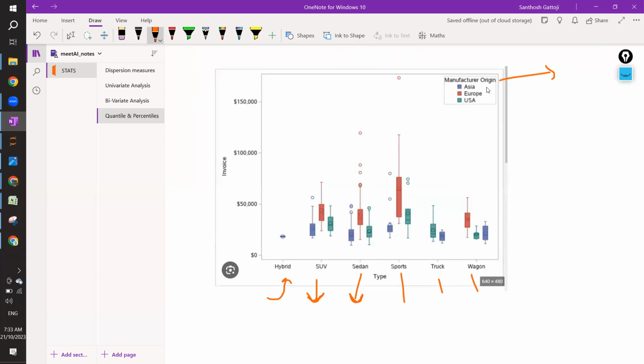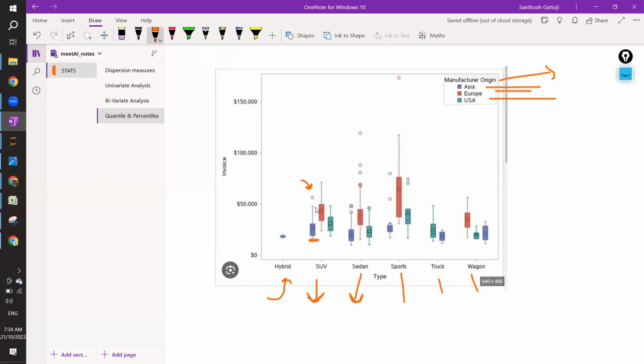And three countries are originating, like Asia, Europe, USA. And the type and the invoice, that means the price of the cars. So by just looking at this, you can make different observations. For hybrid, there is not much data available. For SUV, if you see this graph, what is this blue color? Blue color is Asia. For Asia, you're having one outlier. That means there is one person who has bought the